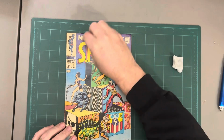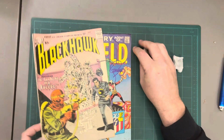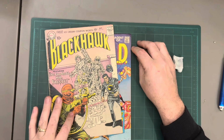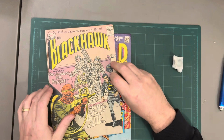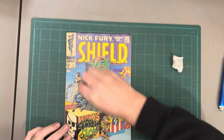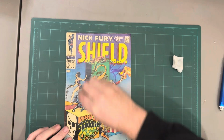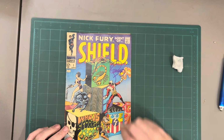But anyway, back to Shane. Shane bought a lot of these books, like this Black Hawk 1, for example, which is the first Mr. Freeze prototype. He said he paid a few bucks for it. So there's a lot of meat on the bone for him and me on this, because a lot of the books I traded him I didn't pay a whole lot for. I got lucky, except that